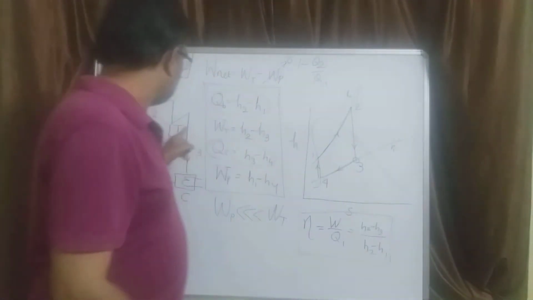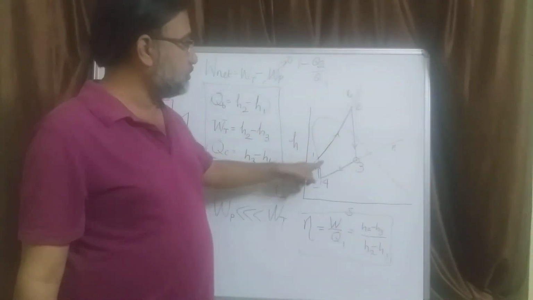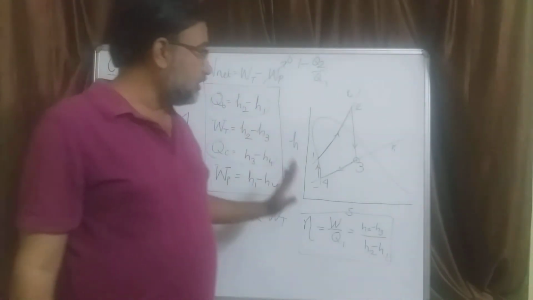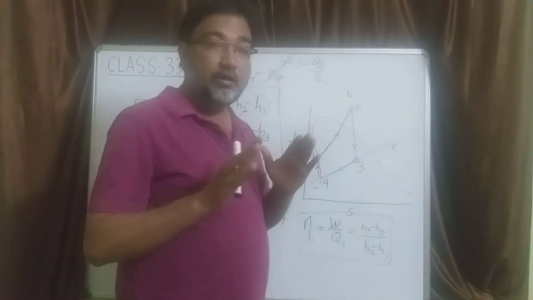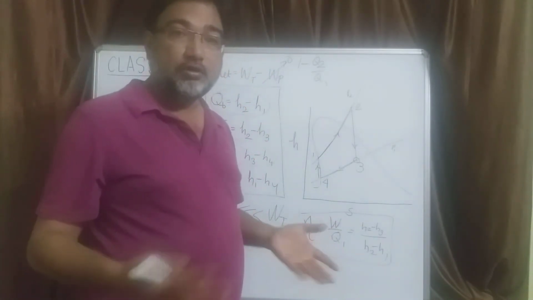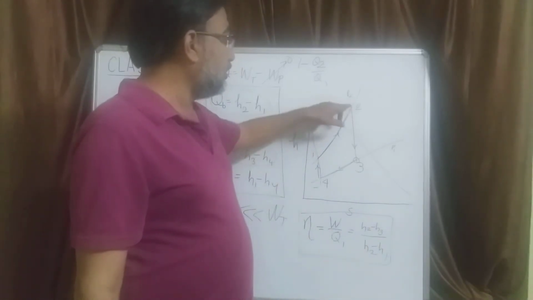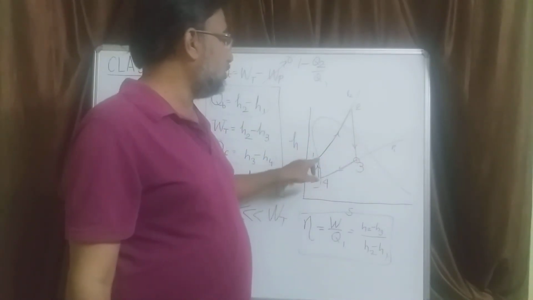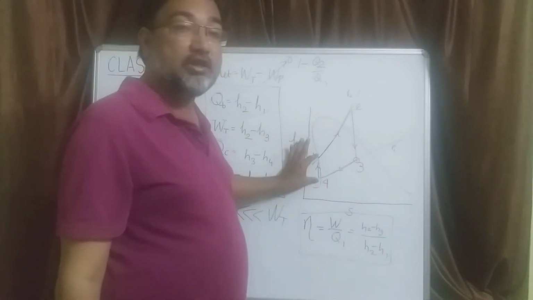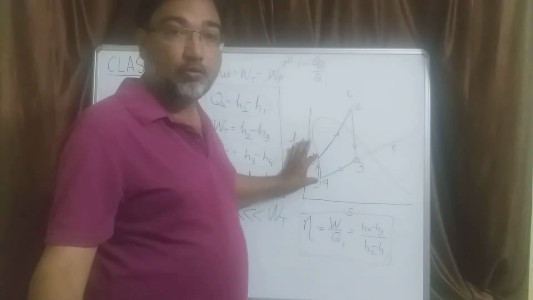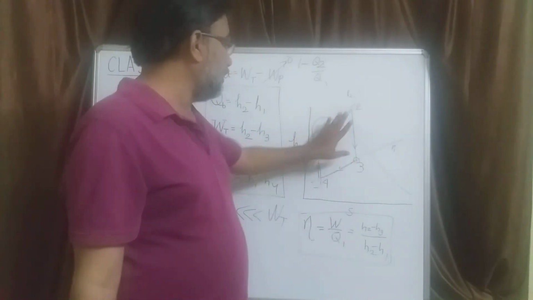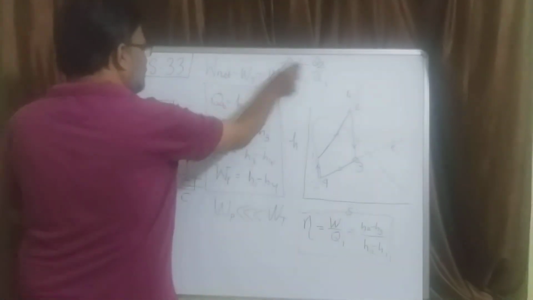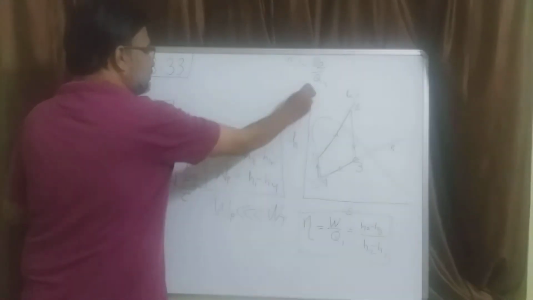So there is a process of heat rejection here, and there is a process of heat addition here, and all these things can be obtained from the steam table and Mollier chart. And what does a Mollier chart give you? It gives you the enthalpy values at various locations. So if you can locate point 2 and point 3, then you can find out H2 and H3, H4 and H1. And because you are neglecting pump work, H1 is assumed to be equal to H4. So once you get these values, all these values can be obtained. Now, based on this knowledge, we will solve a simple problem.